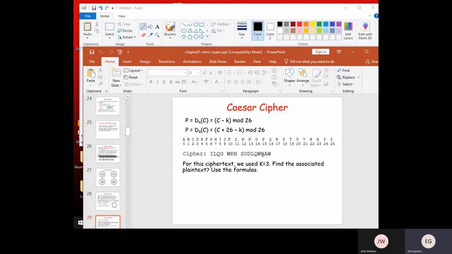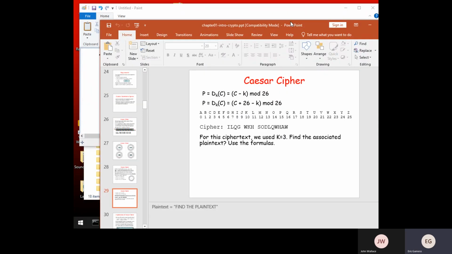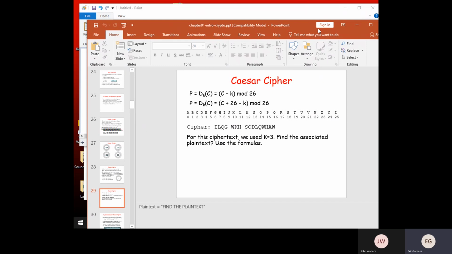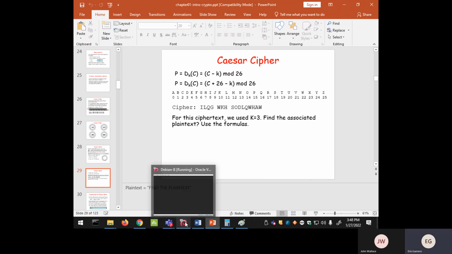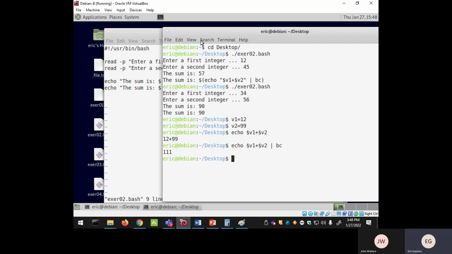FIND THE SECRET. No, it's find something. I don't remember, but let me see if I have it here. Find the plain text. It is find the plain text. Okay? So you can do it. By the way, we have a computer here. We are going to ask the computer to help us find that; we will go from here to here. So look, there is a powerful tool that I'm going to show you. I'm going to maximize my Linux machine.